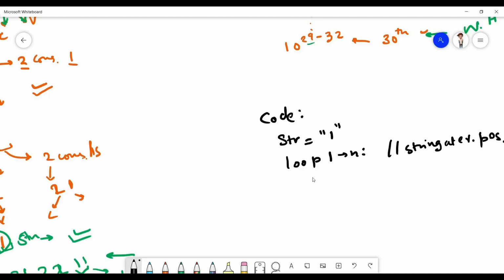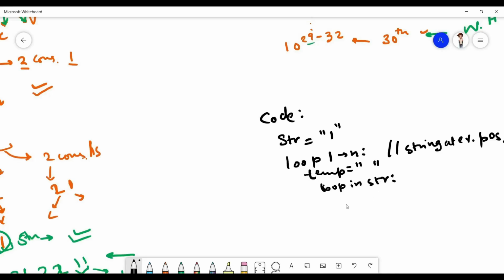So we will be generating a temporary string which is initially empty, and we will be updating the string from the previous value of str. So we loop in str.